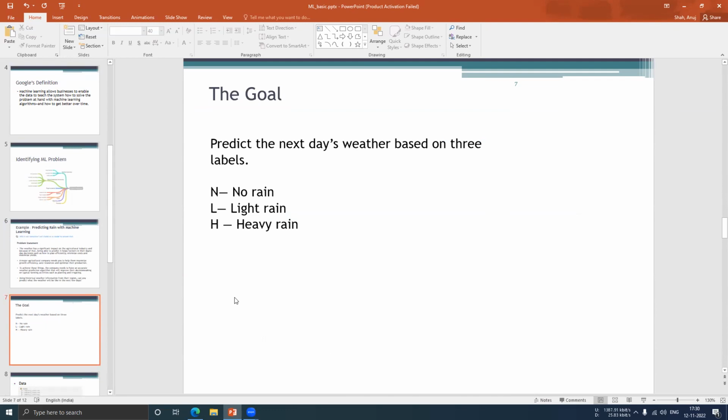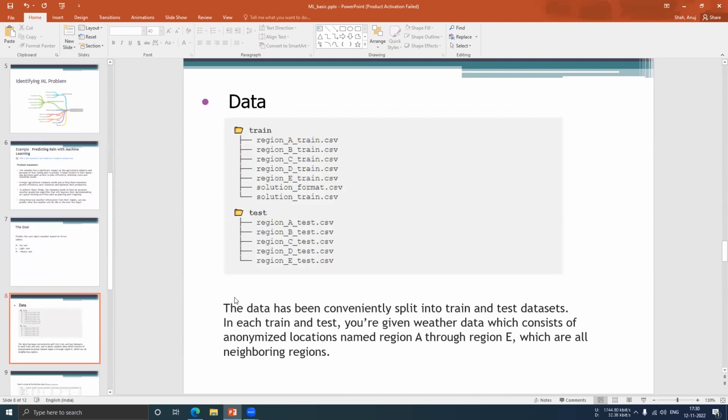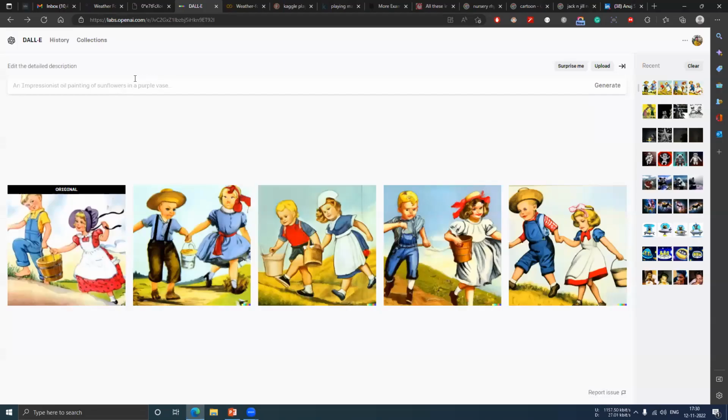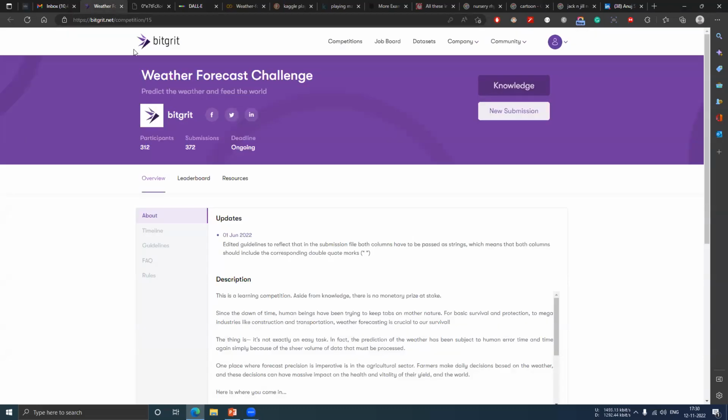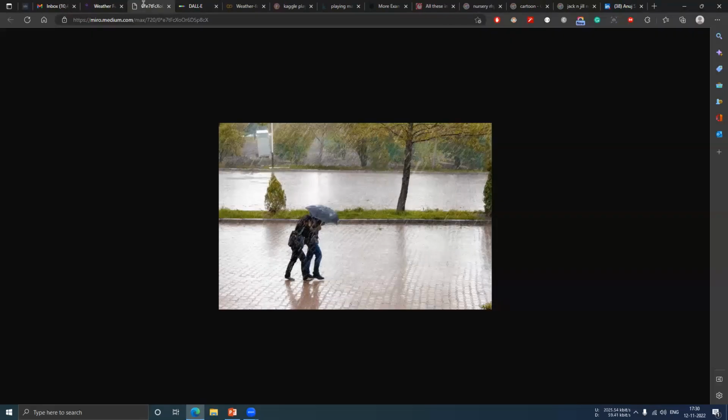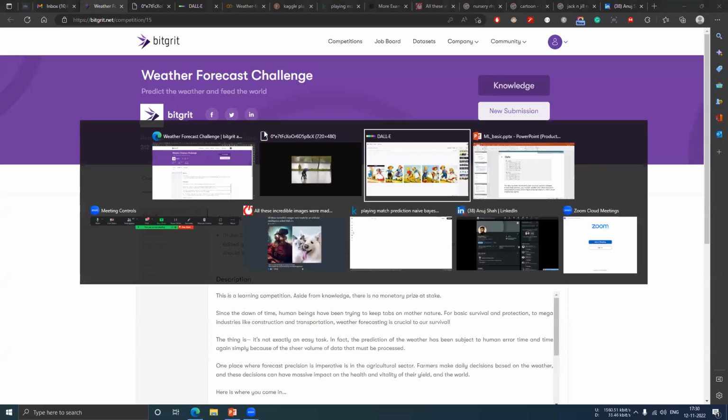Given the region and different data, I have downloaded this data from the BitGrid website. There is a competition ongoing, and we have to predict whether it will rain tomorrow or not. Coming back to the slides,